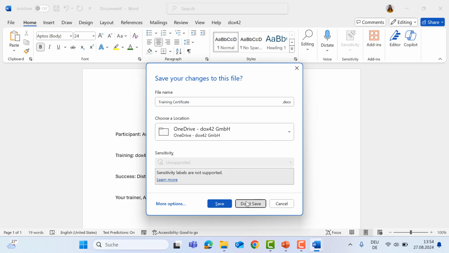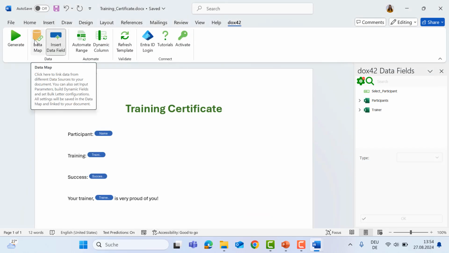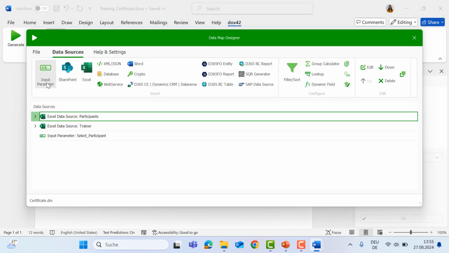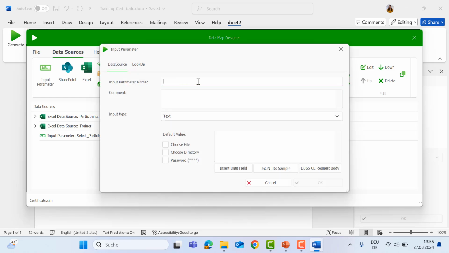I will also show you another form of an input parameter. That's the select from data sources. That one is useful if you work a lot within the dox42 add-in with a lot of different designers. It helps you to better distinguish for which entry to generate something if you're not familiar with IDs. So let's call the input parameter,